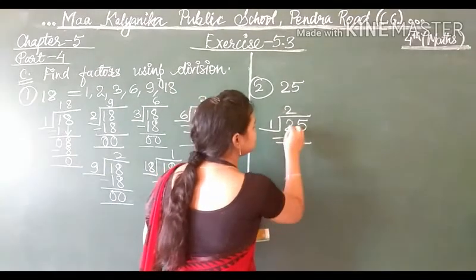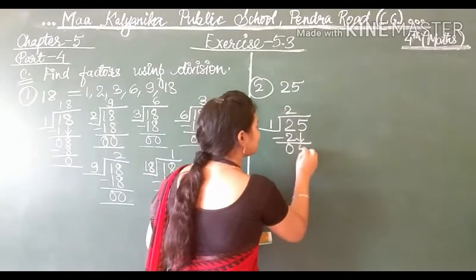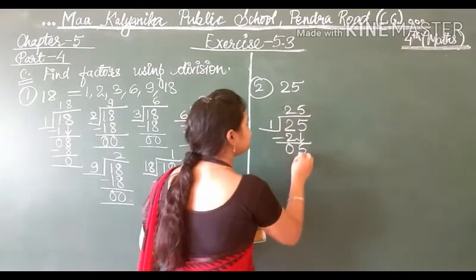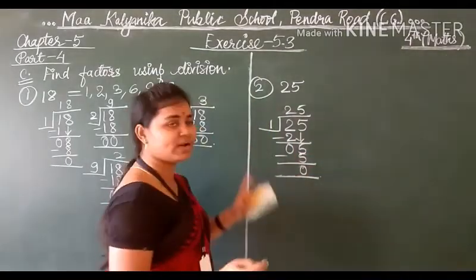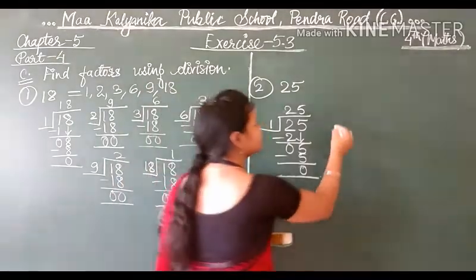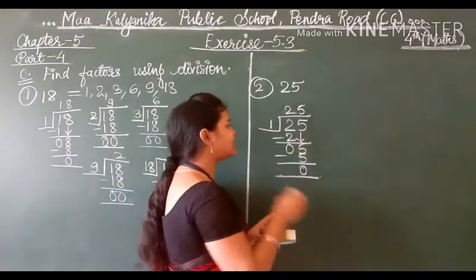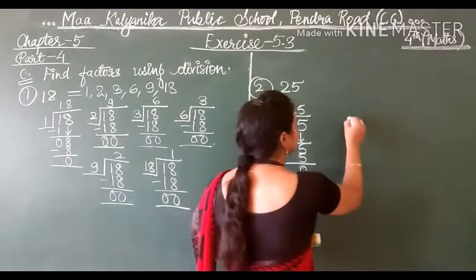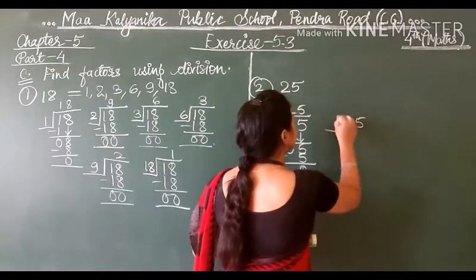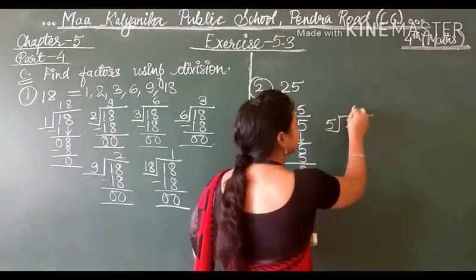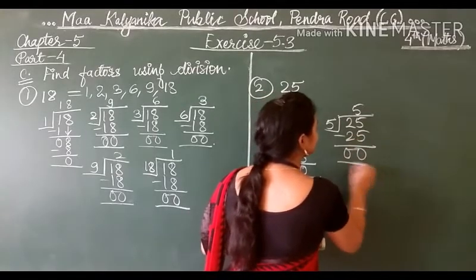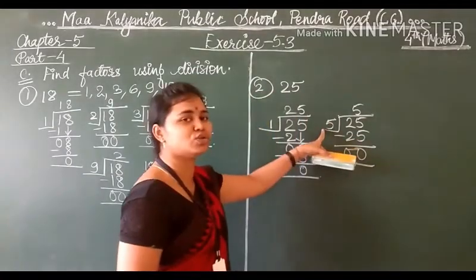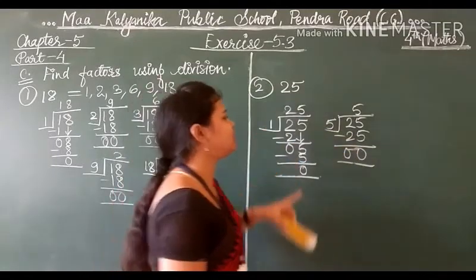The 2 minus 2 is 0. This is 5 and 1 5 is 5. Now 0 is the remainder. 1 is dividing 25 exactly. Now 2 and 3 we have checked. 4 not possible. So by 5. So 25 divided by 5. So now 5 5s are 25. Now again we are getting 0. 0 is the remainder, means 5 is also dividing 25 exactly.